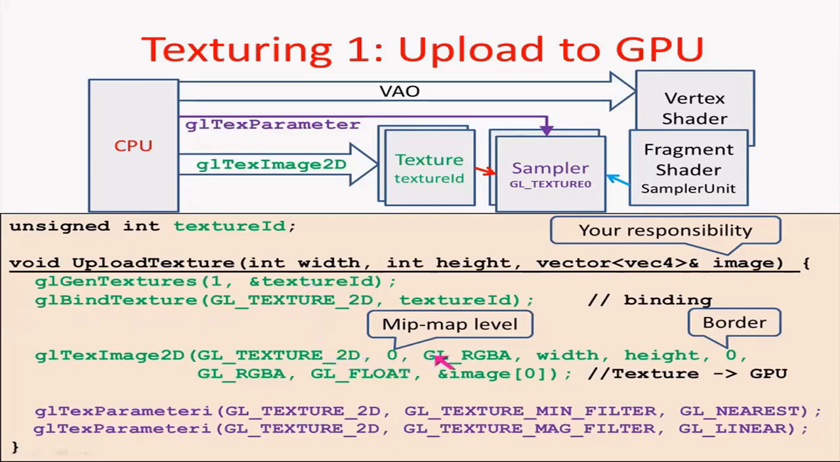Then we describe the target format, which is RGBA. So this is a color texture where alpha values are also stored. So this texture can represent transparent colors as well. Width and height define the resolution of the texture. The border is currently 0. This border parameter may add extra pixels at the boundary to support, for example, bilinear filtering even at the edge